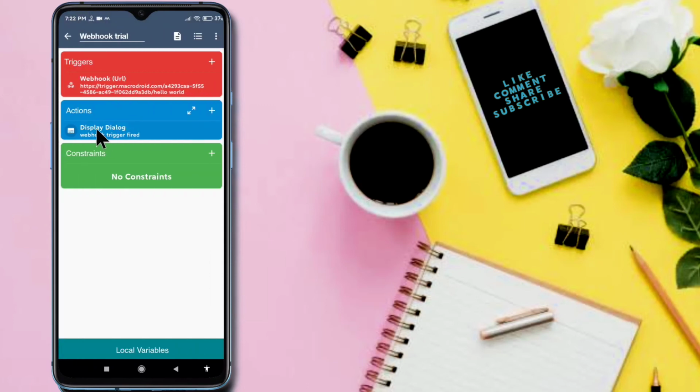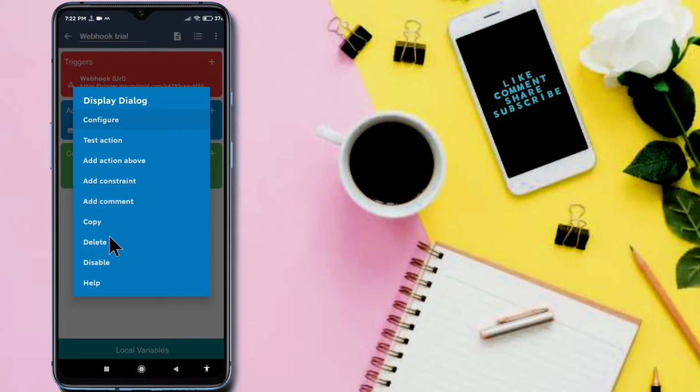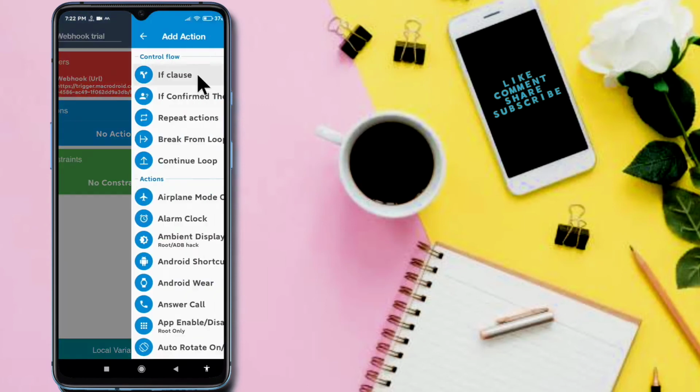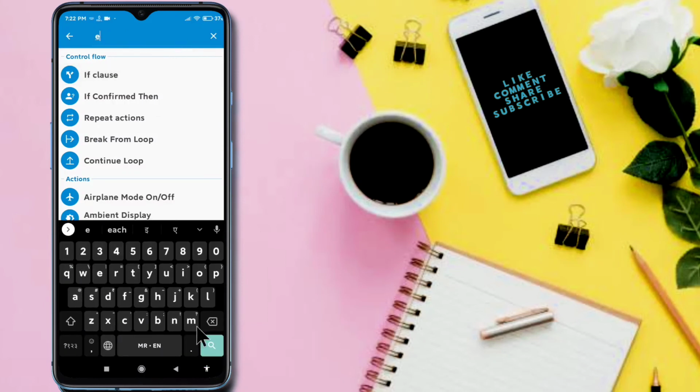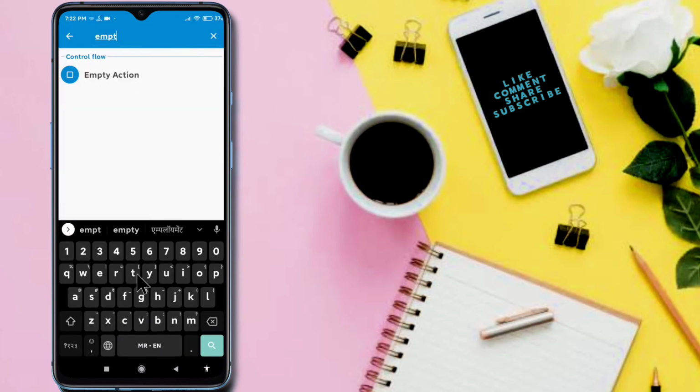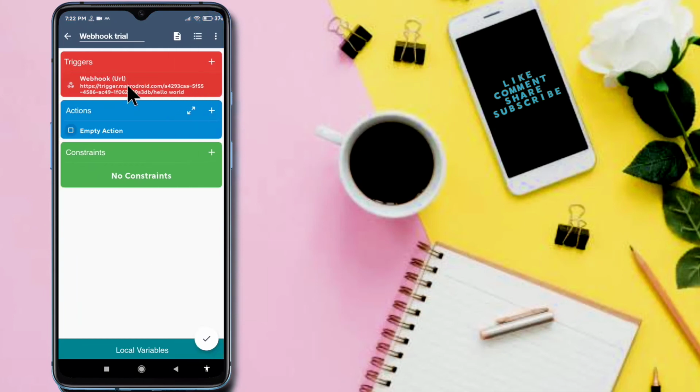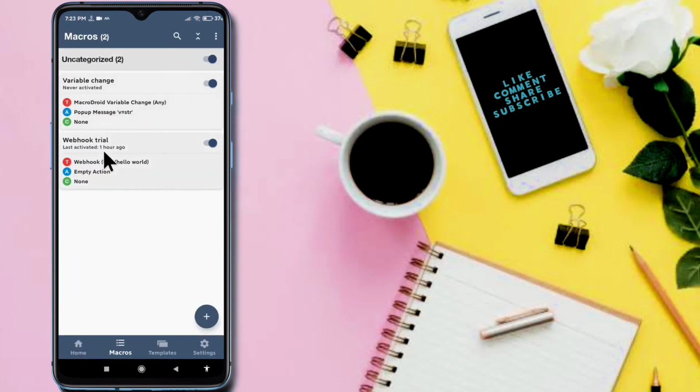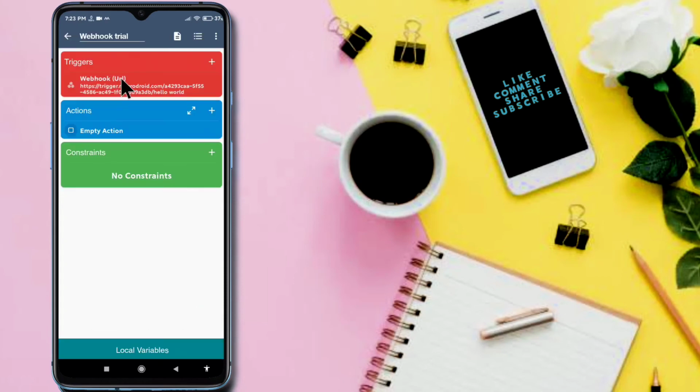Now go to the macro, the webhook trial. Now I am deleting this action and adding an empty action, and saving this. Now what will happen is this trigger will set the string variable to a specific value and the empty action will perform.